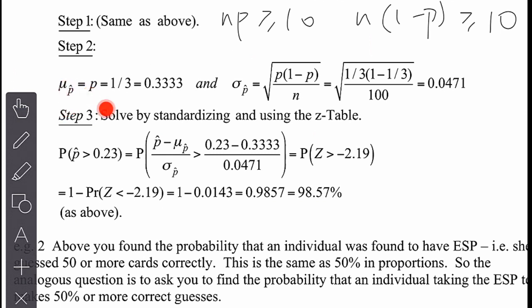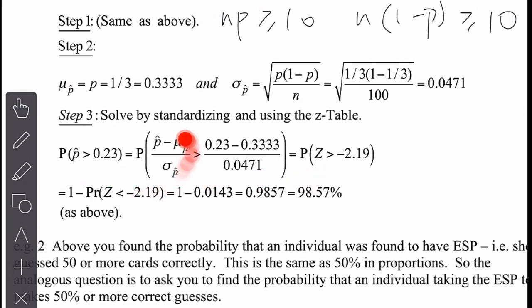So this is what I expect to see. And then the standard deviation you can calculate like that. Now what do I do with that? Using those parameters, I can standardize to solve this question. If the conditions apply, I can answer this question using the tools of Unit 2, the normal distribution, and I don't have to use the binomial formula from Unit 5. So this is a new approach using the normal distribution.